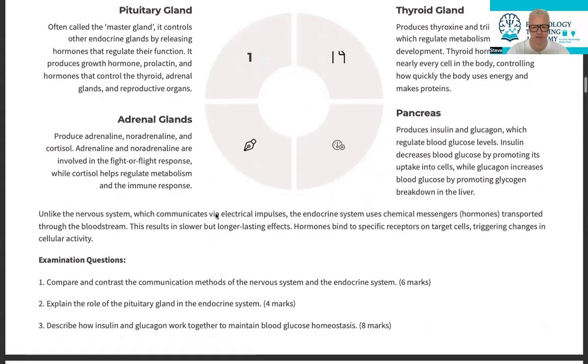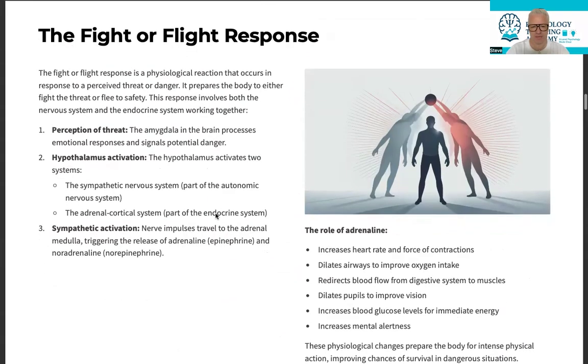Whereas if you look at the fight-flight response, this is the SAM pathway, short-term stress. So the SAM pathway is the sympathetic branch and the adrenal medulla. When you perceive a threat, the amygdala is activated. That kind of triggers off the danger response. The hypothalamus activates the two branches of the autonomic nervous system. The sympathetic branch would start releasing adrenaline.